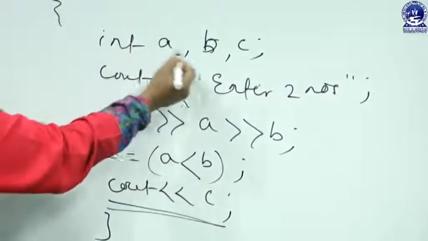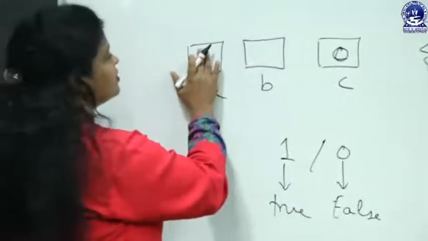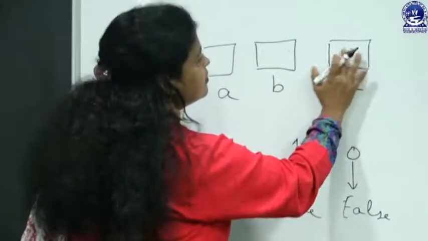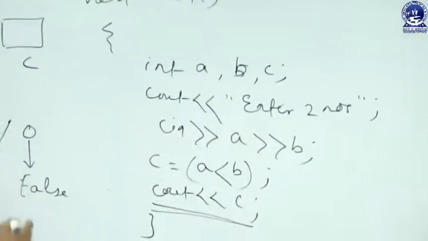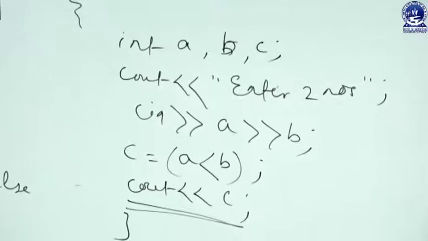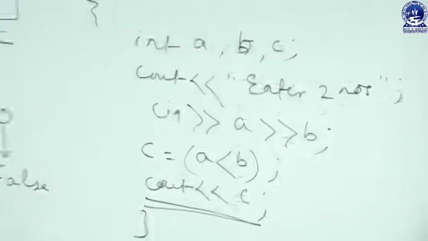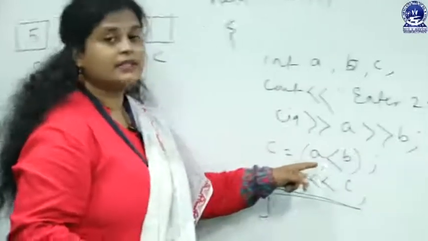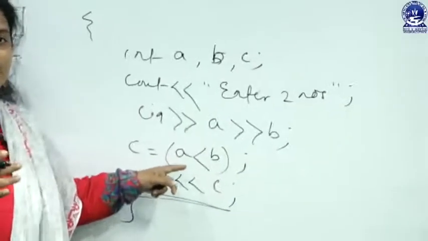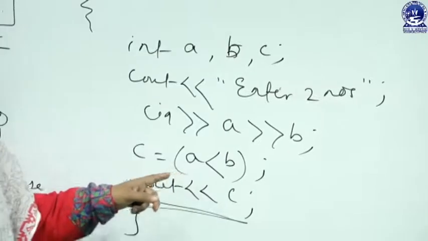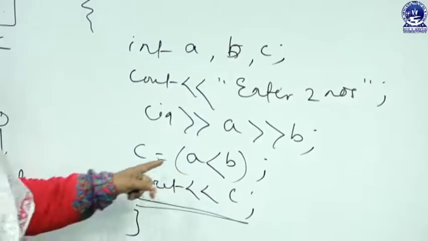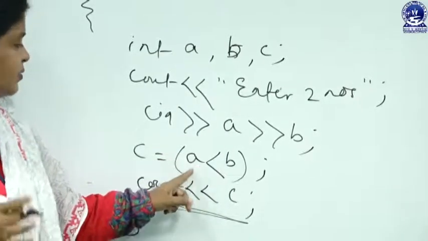void main, then 3 variables. I am just changing the values here. So, let me erase all the previous values. Okay. Then enter two numbers. Let me enter 5 and 6, because I want to give a different result for you. That's why I may enter 10, 20 also, no problem, or 20, 30, you may enter any value,